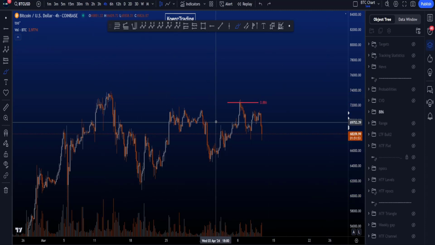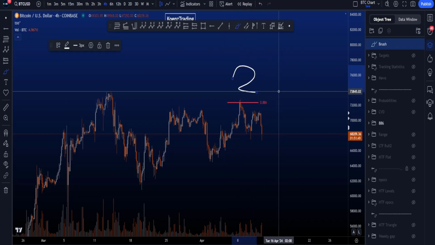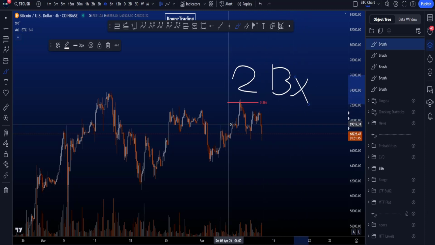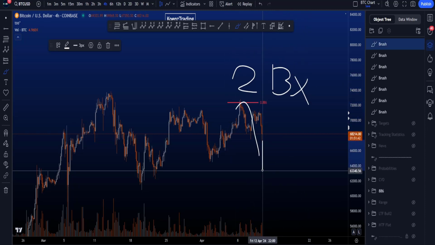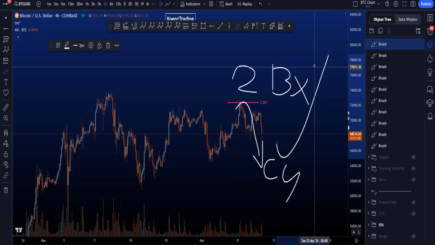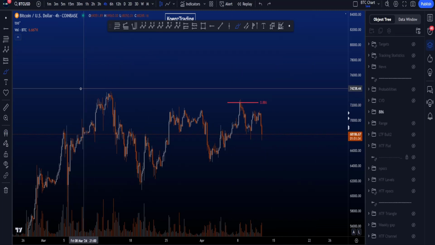this range is finished. We touched the 886, and the 886 is a very rare target for a wave 2, common target for a wave B or a wave X. Increasing the probabilities, any move to the downside is a wave C or a wave Y, which in turn increases the probabilities for price to move back towards the upside sooner or later and take this high over here to